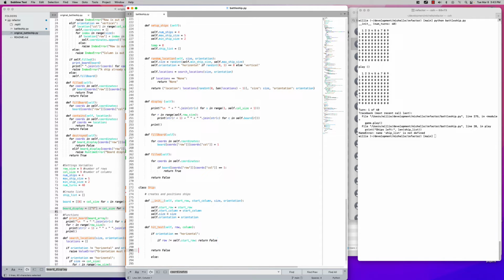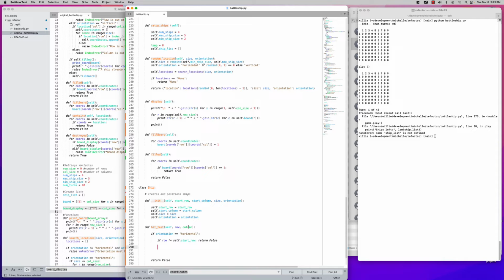Then we don't have to think about that anymore. Okay, so if we're dealing with the horizontal ship, if this row is not on a row, then it's false, and we return false, and we're finished with that hit test. Otherwise, the column that gets passed in here